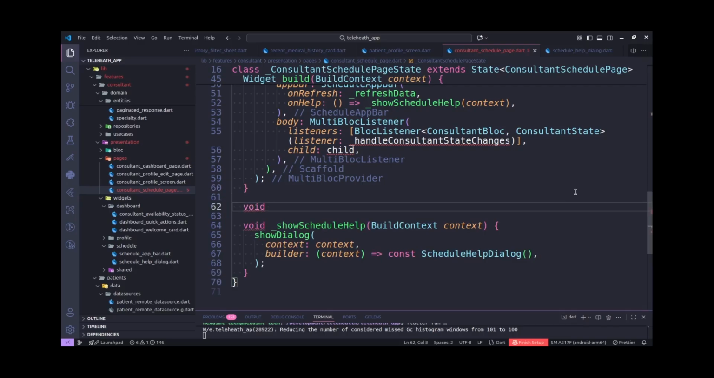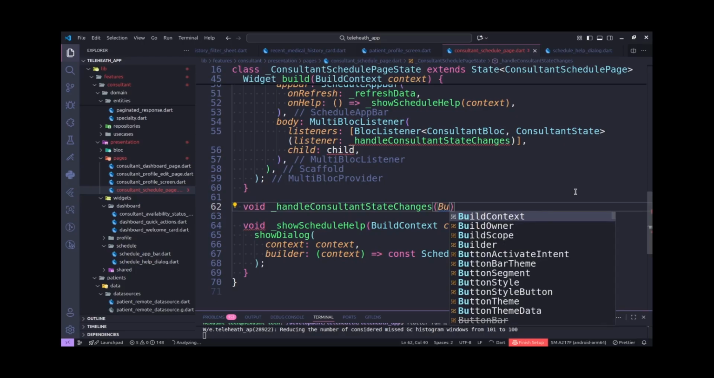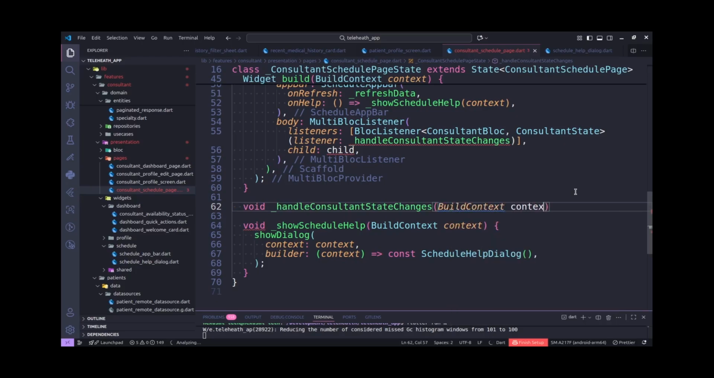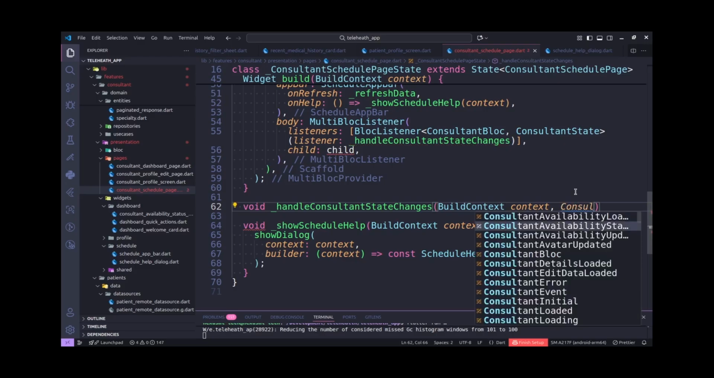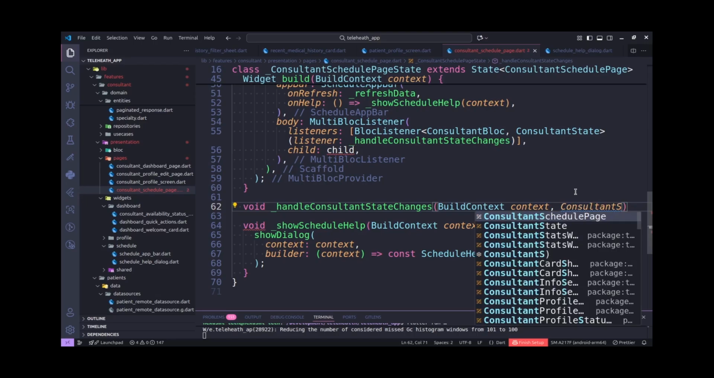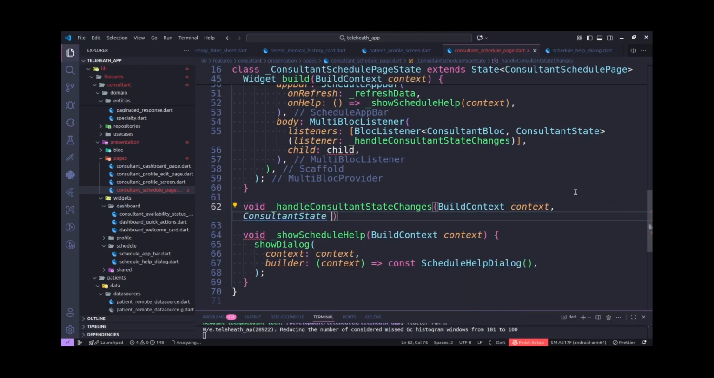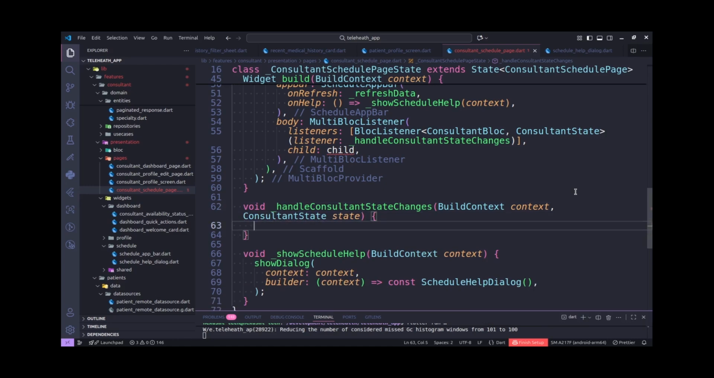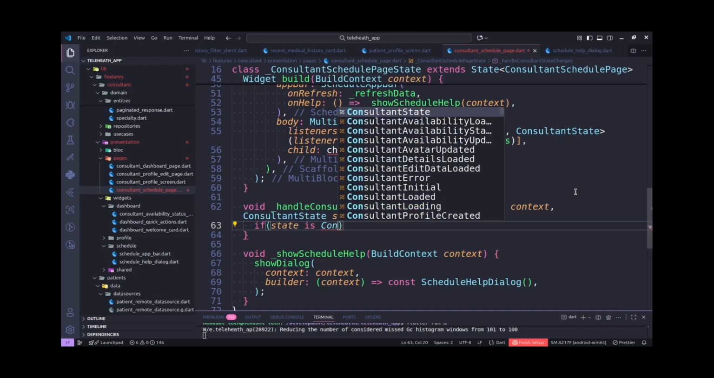So void, then I'm gonna paste that one. So then this one gonna accept the build context. So we pass the context, and also we need to have the state, okay? So consultant state, that one. So we name it what? State. So then from there we need to do what? We need to check the different states. So if the state is consultant availability updated,